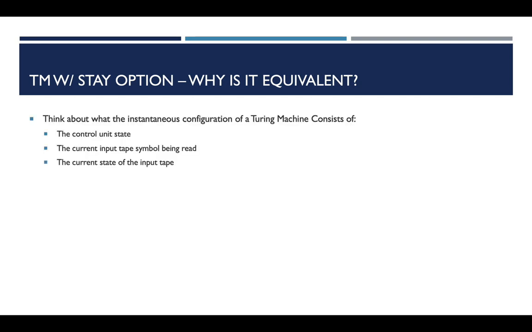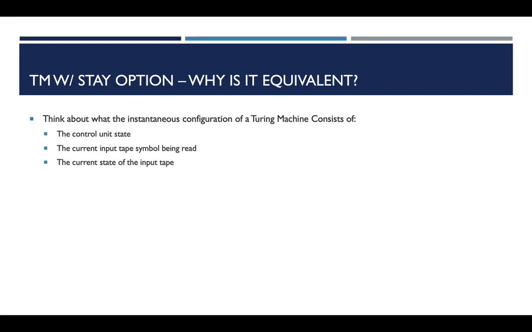So if that's the case, the very first question that you might want to ask yourself is, why is that the case? Why are these two things equivalent and have the same computational power, even though we just added a new feature to the machine? If you think about what a Turing machine's instantaneous state consists of, last time we talked about the turnstile